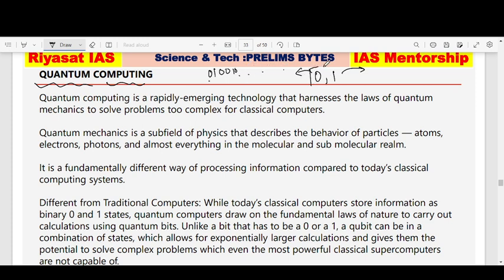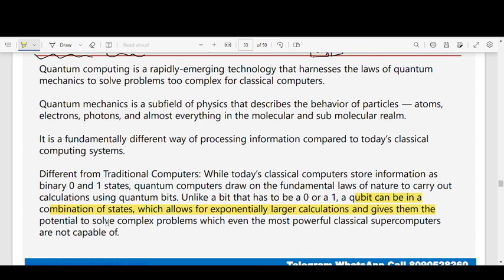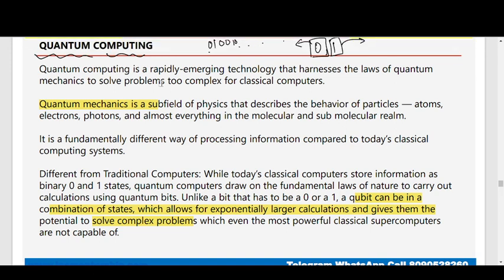Means the conventional computers are able to grasp either this or this, but quantum computing is able to grasp a combination of states, which allows for exponentially large calculations. Okay, and this also helps them solve complex problems. Understood? So this is basically your quantum computing. It is based on quantum mechanics, which focuses on computation at a very high speed by taking all the